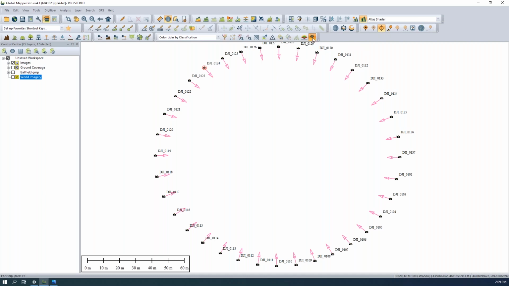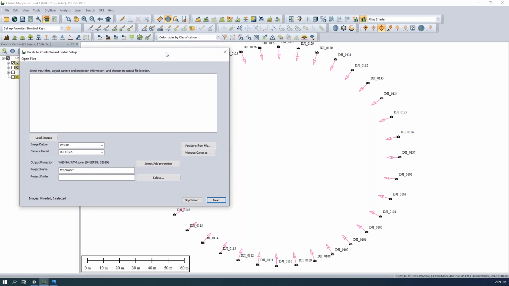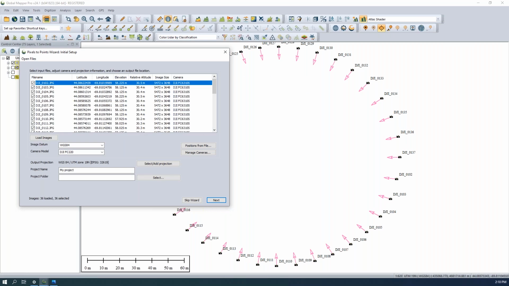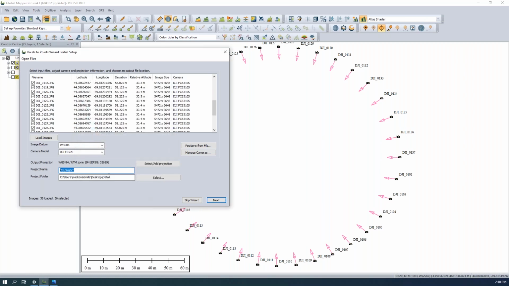So I'll start by selecting the Pixels to Points tool from one of our LiDAR toolbars here. And that brings up the Pixels to Points wizard. Now, if you haven't seen this interface, this is a new step-through process, a wizard for Pixels to Points that was introduced in version 24.1 of Global Mapper. And in this first step, I can add my loaded picture points, the ones that are loaded into my workspace currently, and get this list populated. I'll select my output folder, change my project name if I would like, and I can move to the next